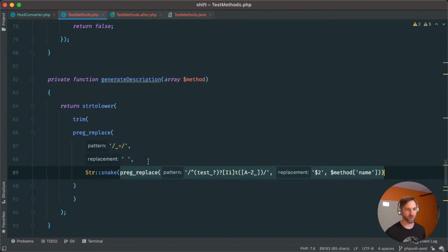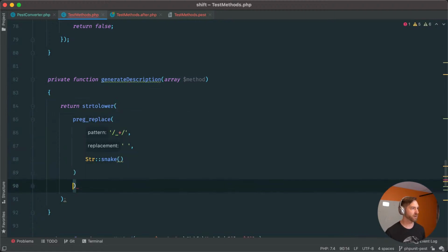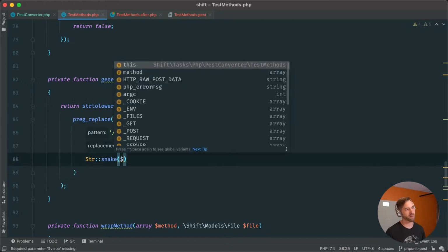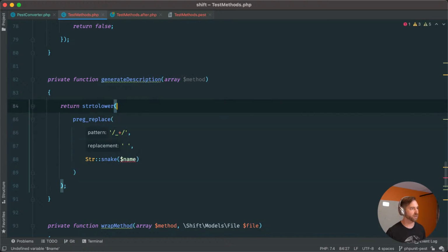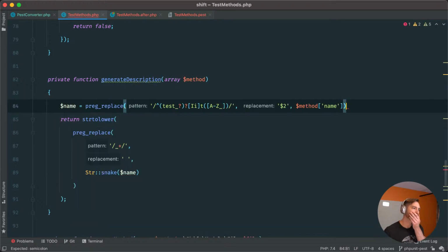I think I'm going to preg_replace this beforehand. Let's do that. str2lower snake name. All right, and let's do name equals this, because we're really kind of going to want to do this